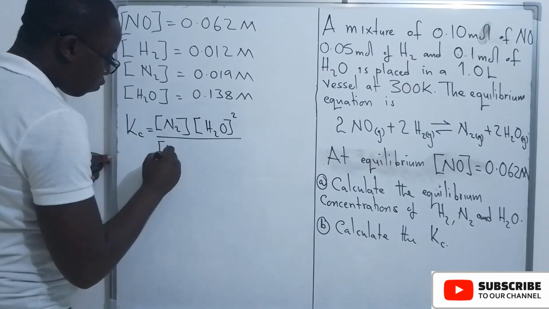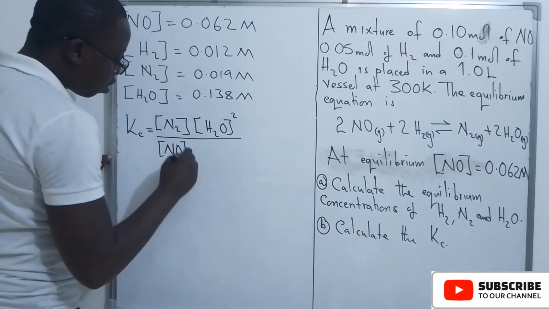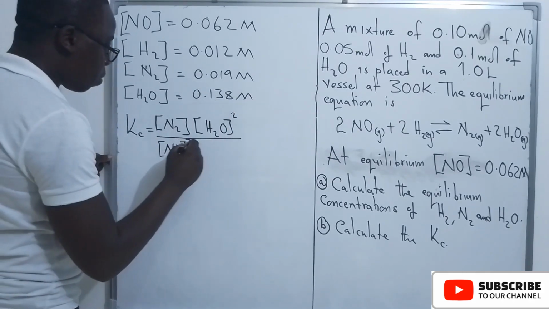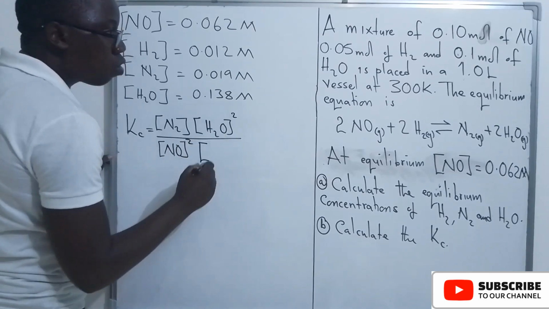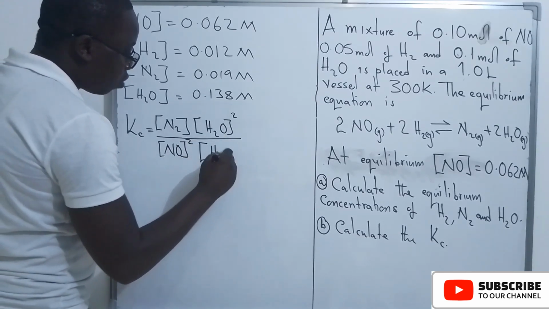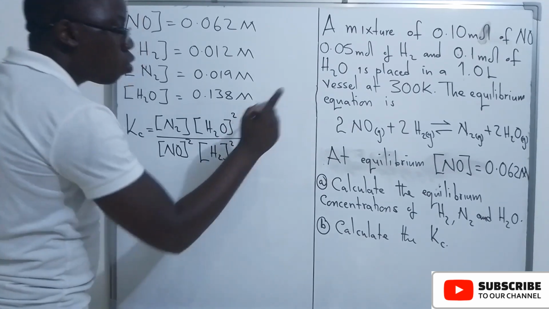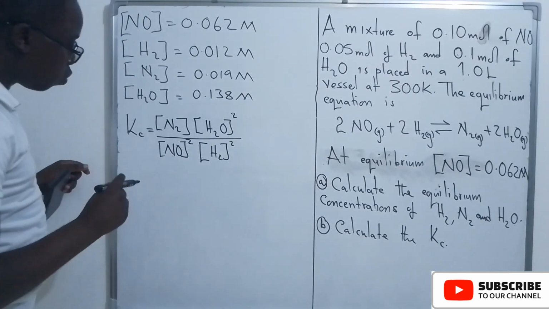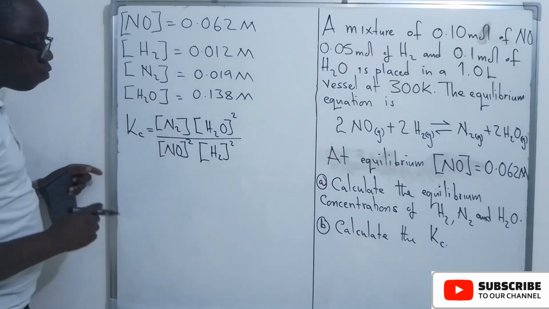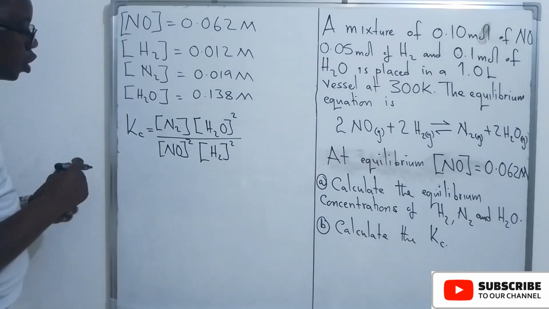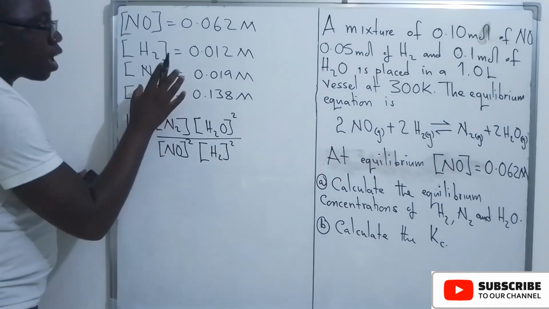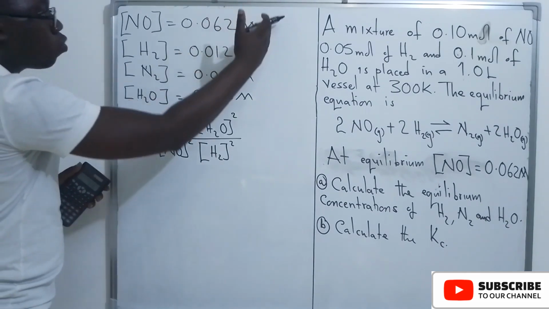Now we have NO. The coefficient is 2, so it will be to the power 2. Then we also have hydrogen there with the coefficient of 2 because it's to the power 2. After we have written this equilibrium expression, it's now time for us to put the values that we have found